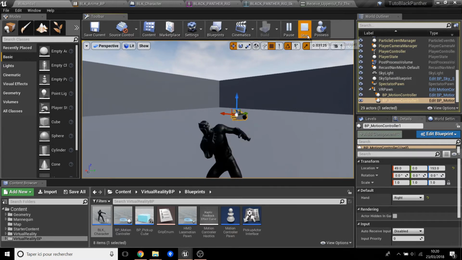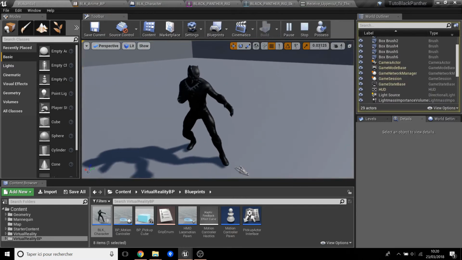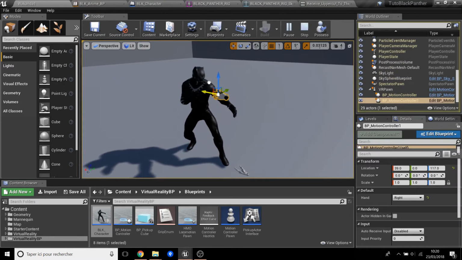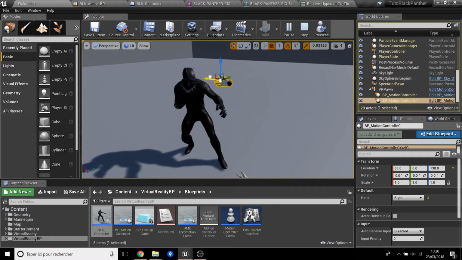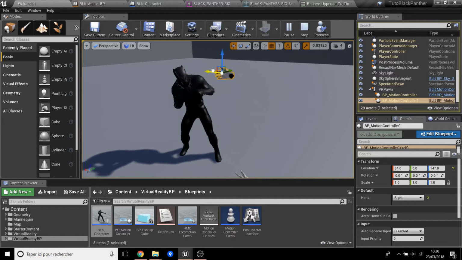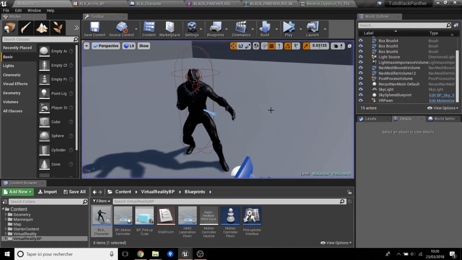Okay, save. And also I want to see if when I do it, if it stays away a long time. Oof. Yeah, you see it goes back to this position. Okay, nice. Save.